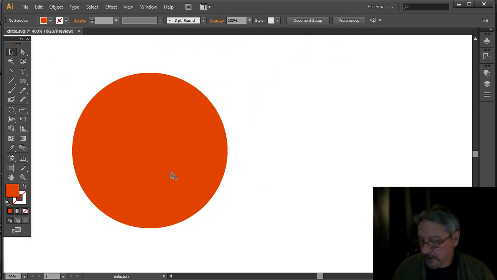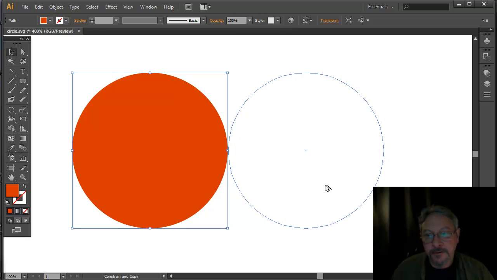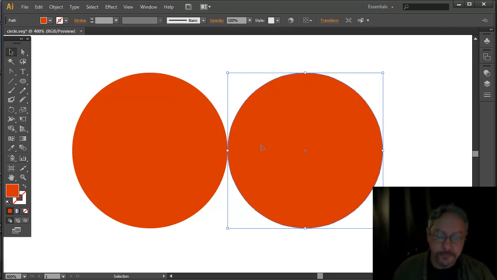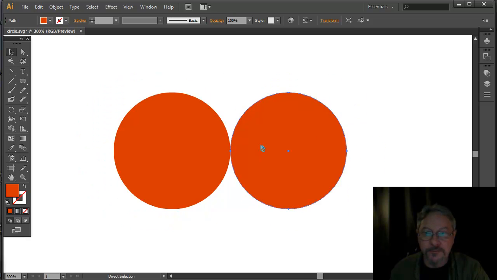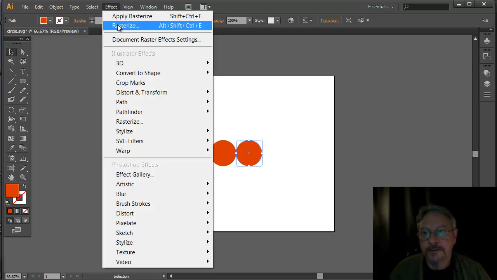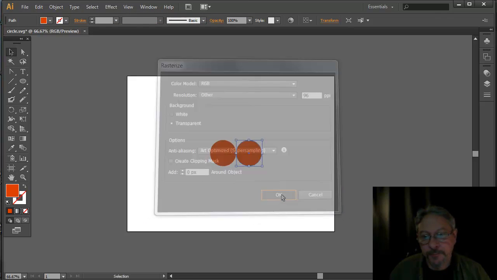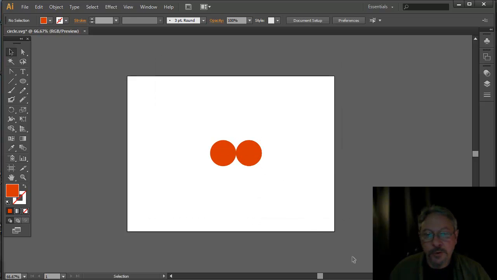Now, in contrast, I'm going to hold down the Alt key and drag a copy of this circle over. And just for fun, I'm going to zoom out a little bit here. With that selected, I am going to rasterize this. I'm going to do that at 96 pixels per inch. And we have two circles that look pretty much identical. And you know what's going to happen next, right? I'm going to zoom in